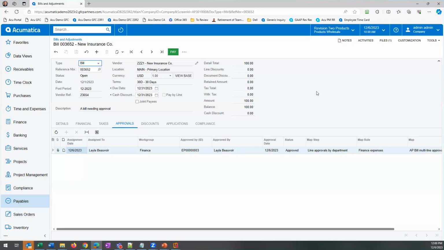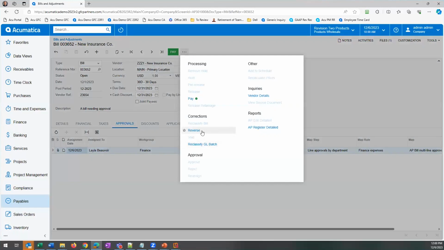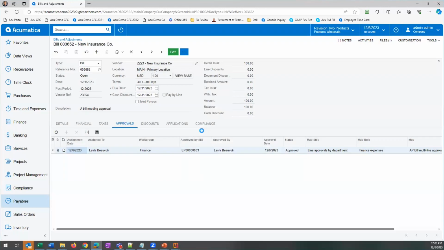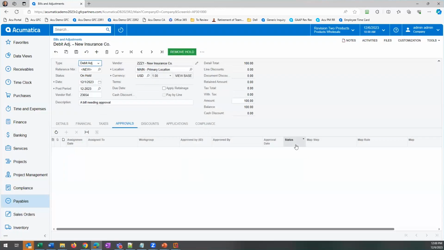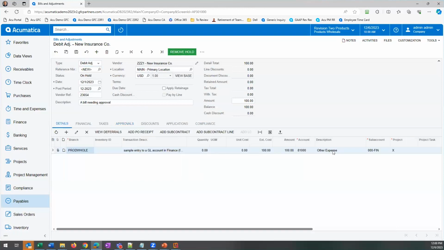I have a couple choices. I can create a debit memo from scratch, pick the vendor, put in the GL distribution, figure what I want to do with that. Or in this case, I can come to that actual source document and indicate that, you know what, I'm going to reverse this whole thing. Now I only have one GL line, but if I had 5, 10, 50, 100 lines in this transaction, it would bring all of them over for me. And I can see in my details tab, it brought it over. It's going to credit this expense account, debit payable. I can hit save, remove hold,